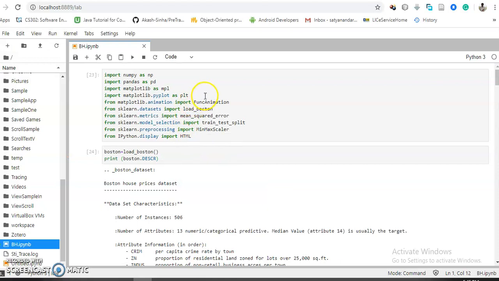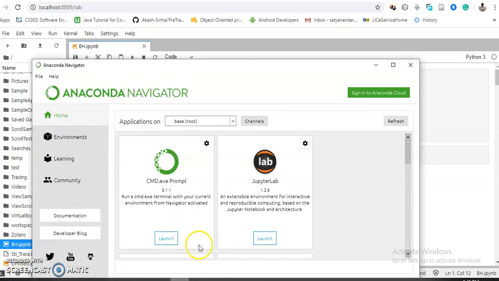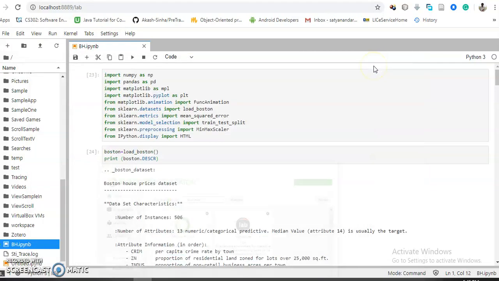Here I have installed Anaconda and launched JupyterLab to check my project. I have imported the NumPy package and the Pandas package, and Matplotlib for plotting the data, as plt.